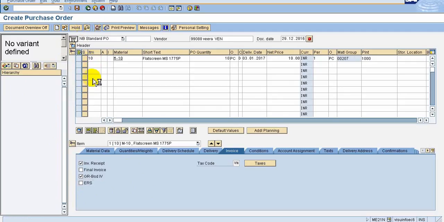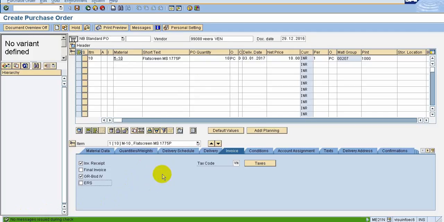So now you see how these errors, these messages are directing us on what we have to do. So now it is a green check mark message showing that no message was issued during this check. That means no issues. You can save it. So now if you save it,